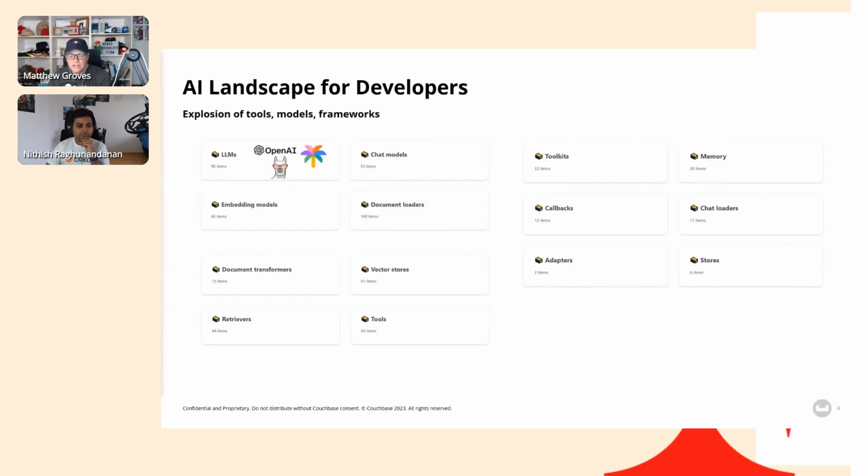So LLMs get a lot of the attention, OpenAI and Palm and Llama 2, just to name a few, but there are many, many more. LangChain currently has 90 connectors, and then of course within each of those connectors, there's lots of different model choices to go from there. Document loaders, this is where you load in data that you want to index with vector search or something. So you can load it from Hugging Face or S3 or databases like Couchbase. Anywhere you have data you want to load or use with AI.